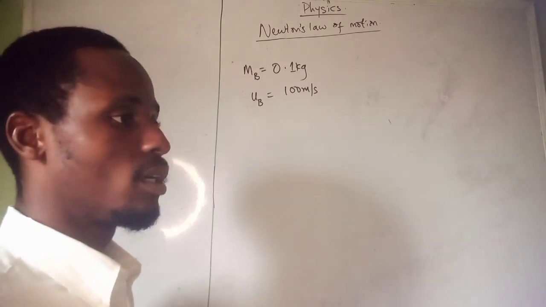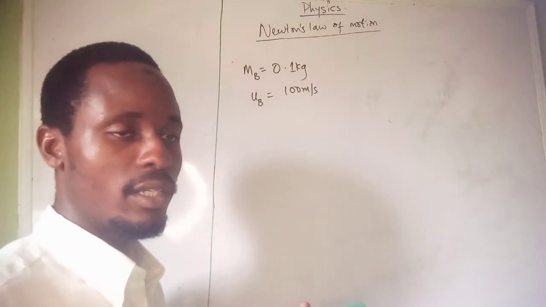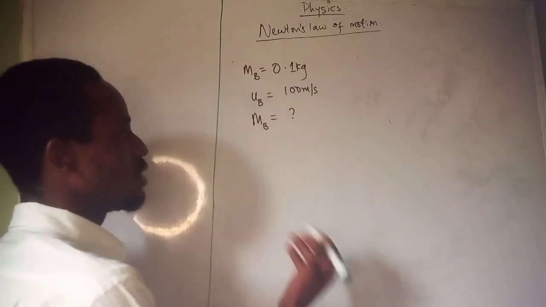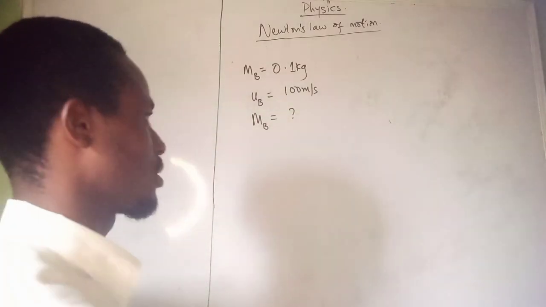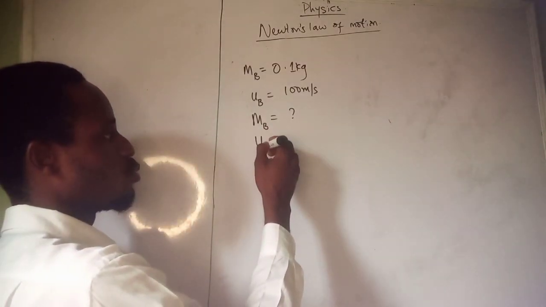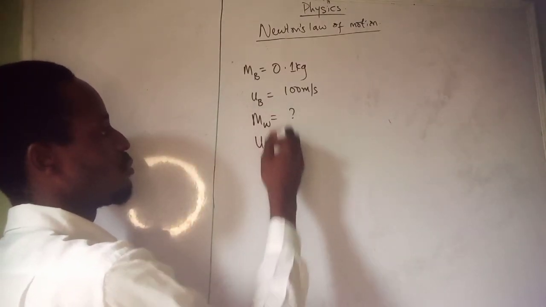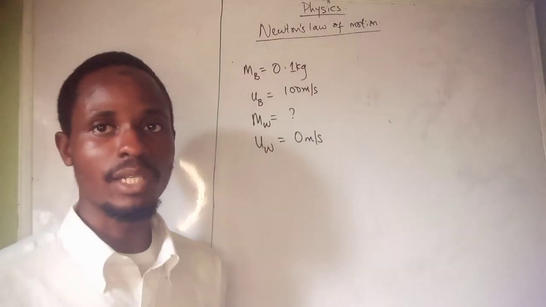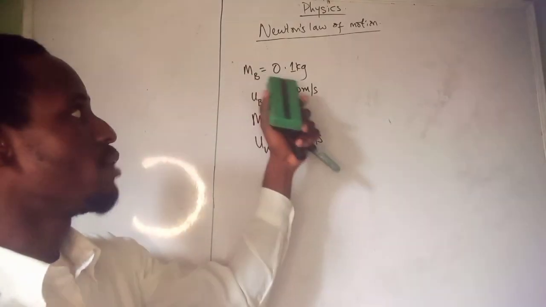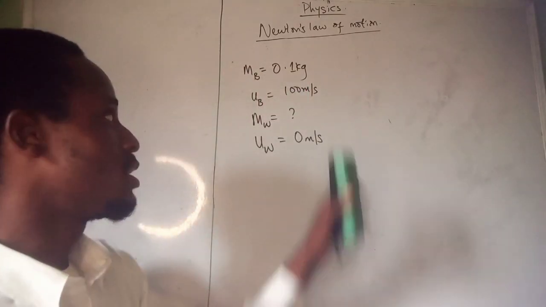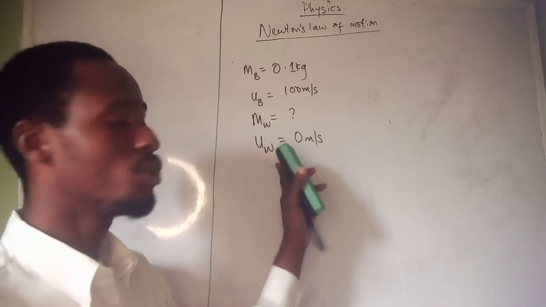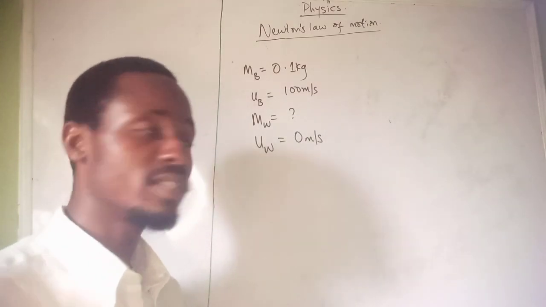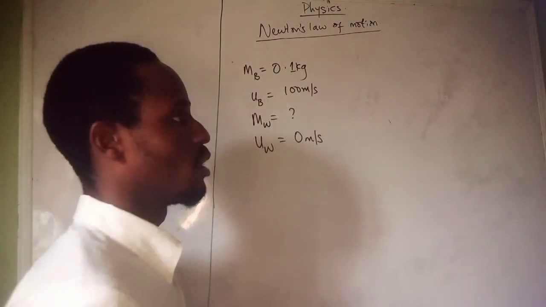Now it hits a wooden block. So let's say the mass of the wooden block is not yet given. It hits a wooden block at rest, which means the initial velocity of the wooden block is 0 meters per second. Are you getting it now? So a bullet of mass 0.1 kg is fired with this speed and it hits a wooden block that is at rest. If the block shifts with a velocity of 10 meters per second, so which means,